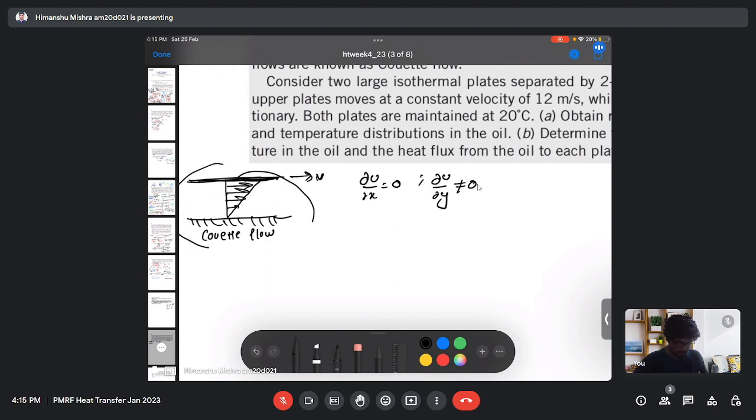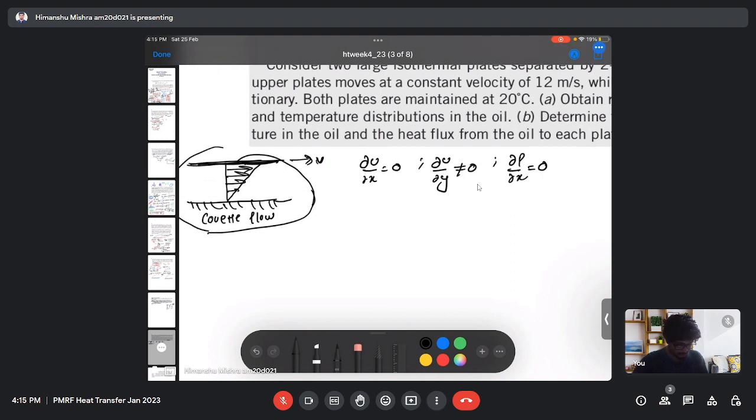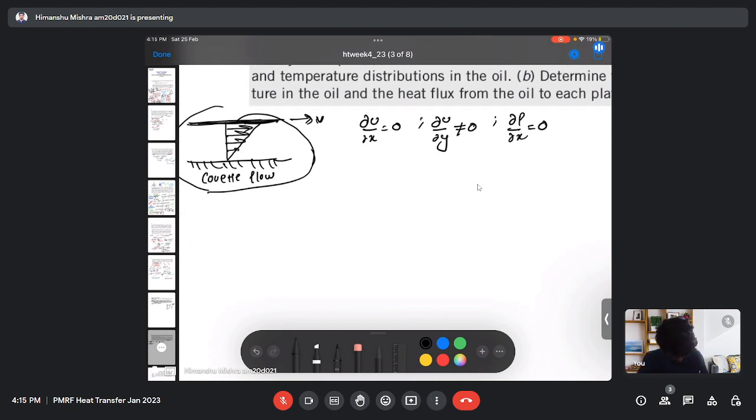And in this Couette flow, in this arrangement, the change in pressure along the length L is 0. That means this flow is not driven by the pressure difference. So the flow is actually driven by the top plate only. So my x momentum equation will be